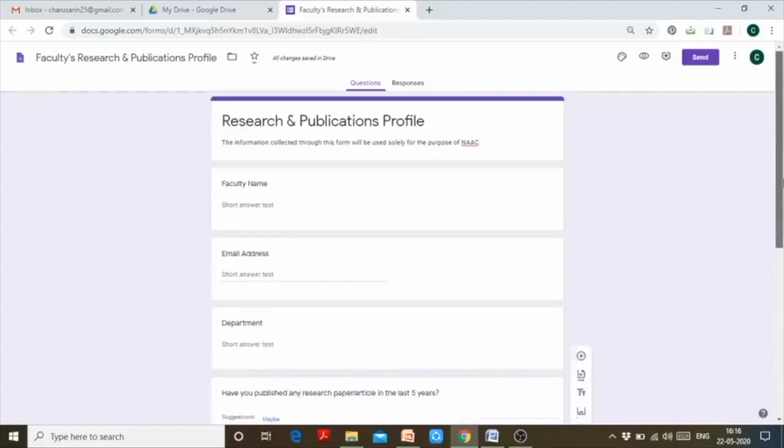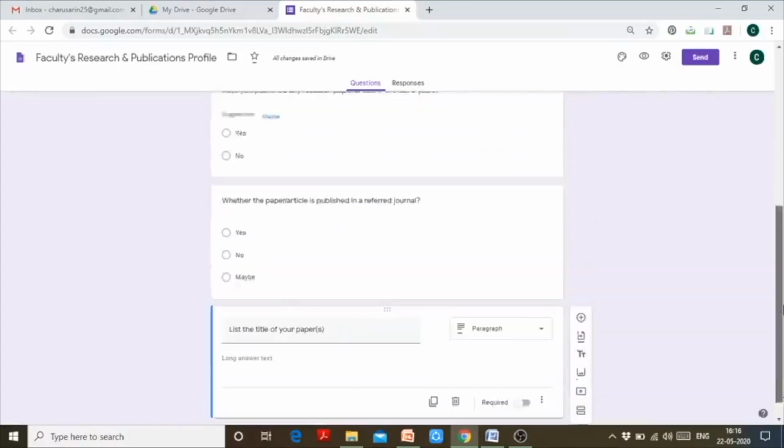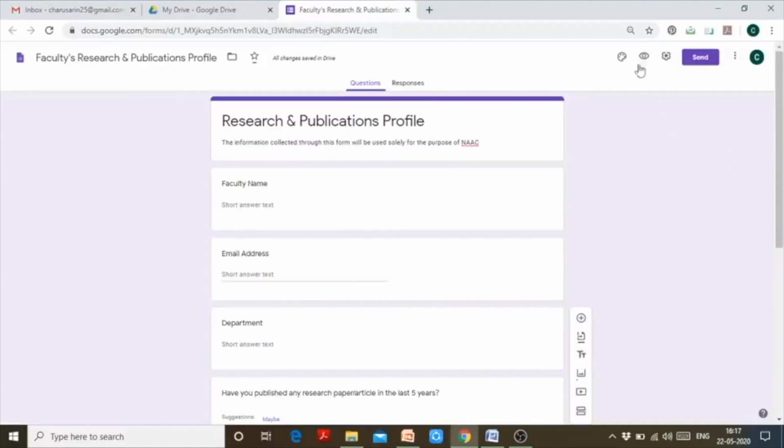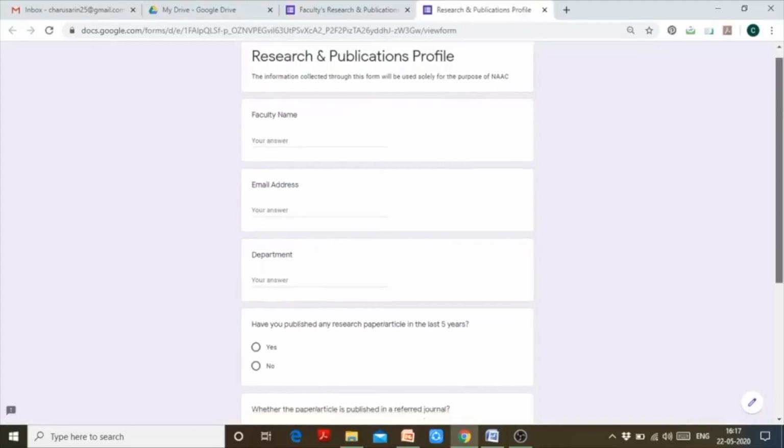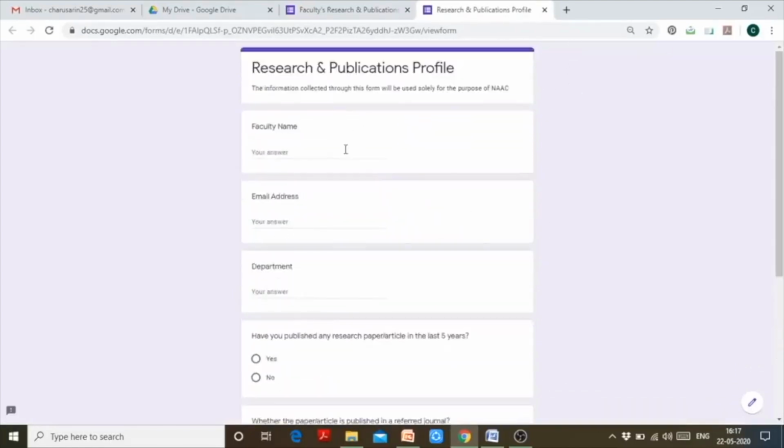So this is all. In my sample form, I can ask them this information, and obviously I can preview my form before sending it over to the recipients. I can click on this eye button, which shows me the preview of my form. So my form will look like this, and I can also test it and verify whether the questions are framed correctly, and whether the information I am expecting from recipients can be given in a proper and correct format.